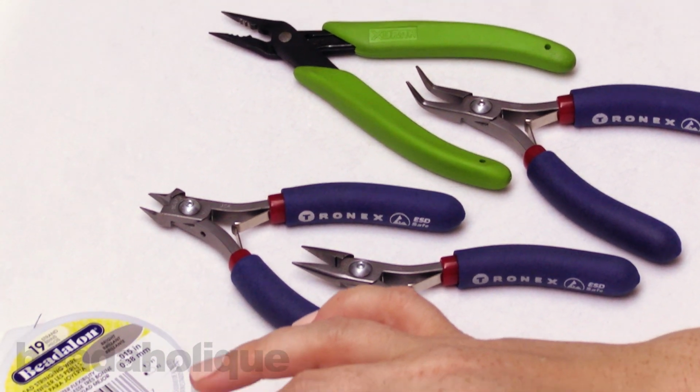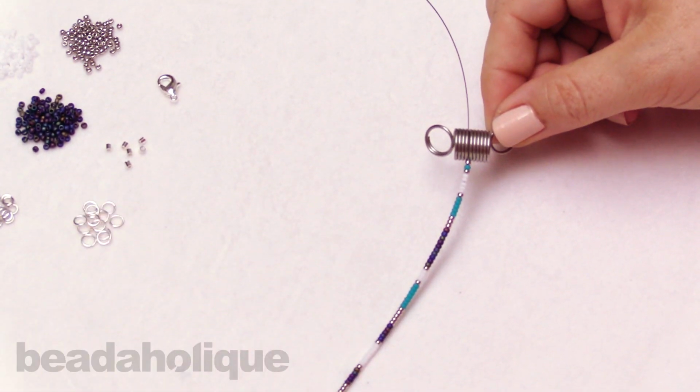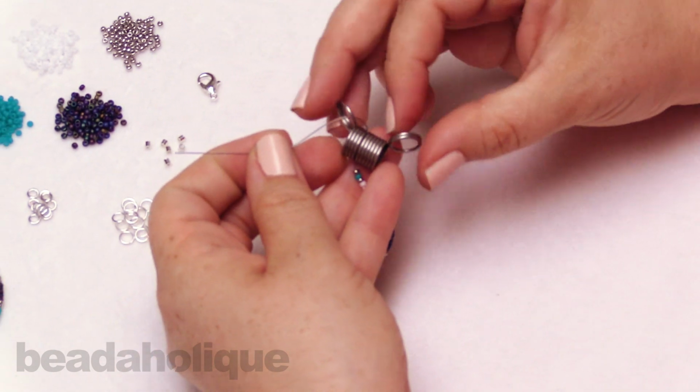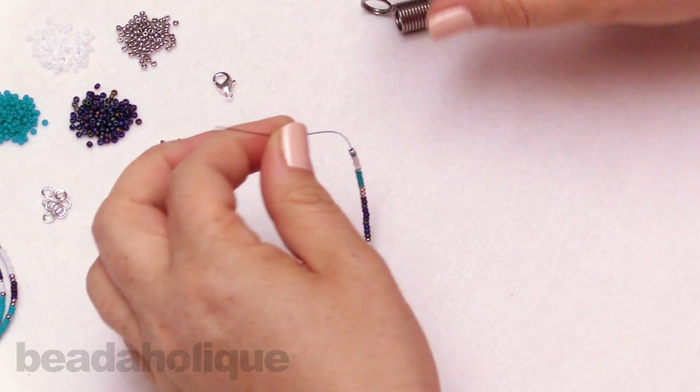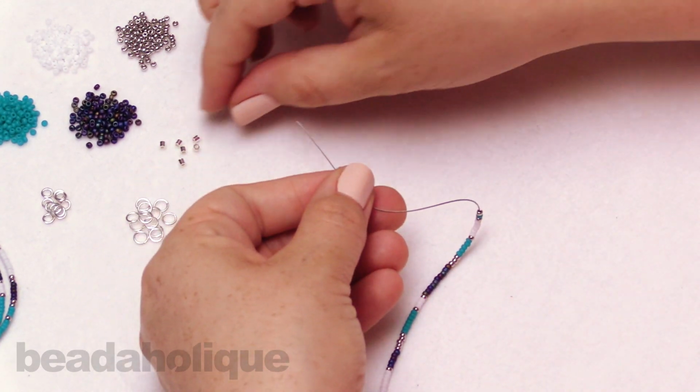Okay, so I'm going to start over here by taking off one of my bead stoppers. Now these are little coils, so you just sort of bend them in, and it helps to keep your beads in place. So once we're ready to go and we've finished our pattern, what you're going to do is you're